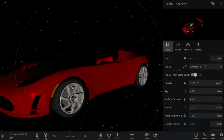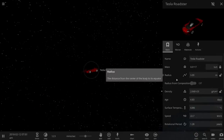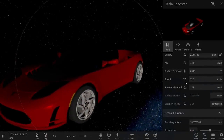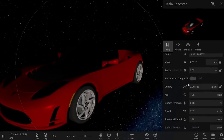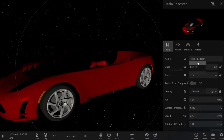As a matter of fact, if I were to move it closer to its actual size, it would be an even more powerful black hole. The current escape velocity is way, way higher than the speed of light. It's like 3.4 times higher than the speed of light. We're not done here yet, though. We're going to keep increasing the mass of this object. And we're also going to keep...